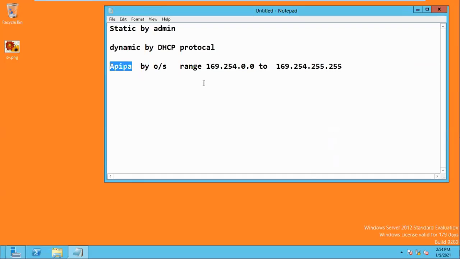There can be many reasons: the network is disconnected, the cable is disconnected, or the DHCP server goes down, or the timeout expires while contacting the DHCP. So in any such case the client cannot get an IP address from the DHCP, so the system stores one address by itself. That is the APIPA address. The range is 169.254.0.0 to 169.254.255.255. This is the complete range. Clear?